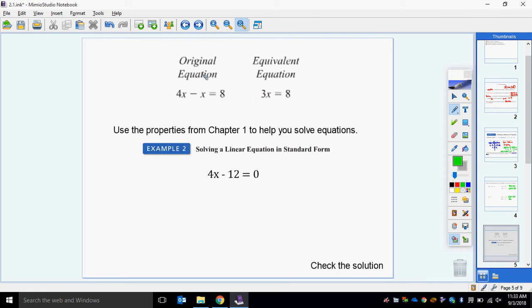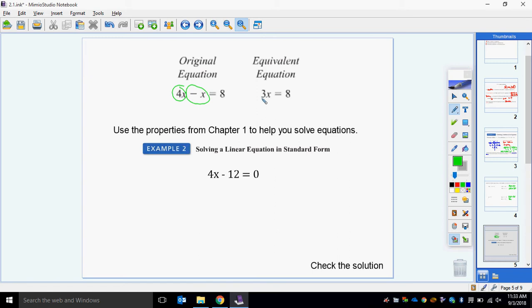Something that I want you to be aware of is if I start with this original equation, 4x minus x equals 8, an equivalent equation would be 3x equals 8. So combining like terms, it's equivalent. It hasn't changed the equation at all. It's just simplifying it. So if you can simplify it without changing the value of x,